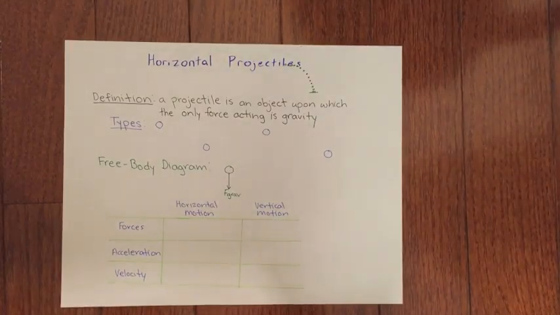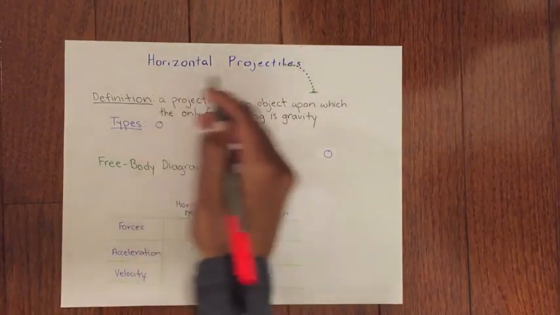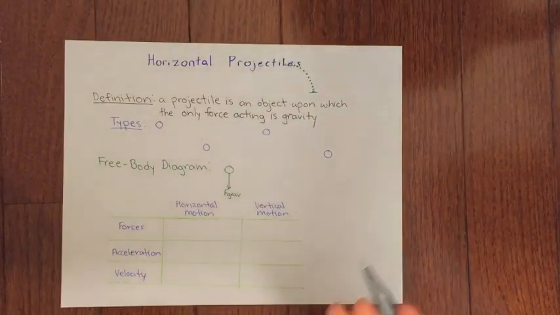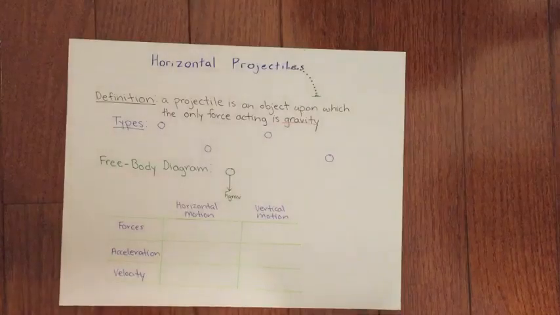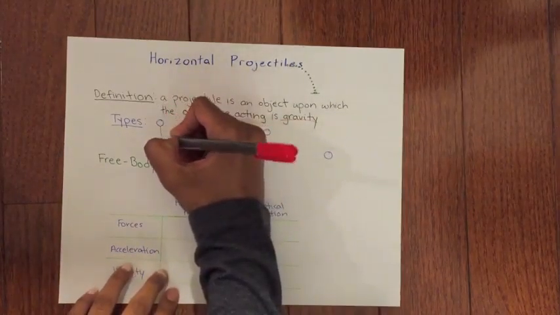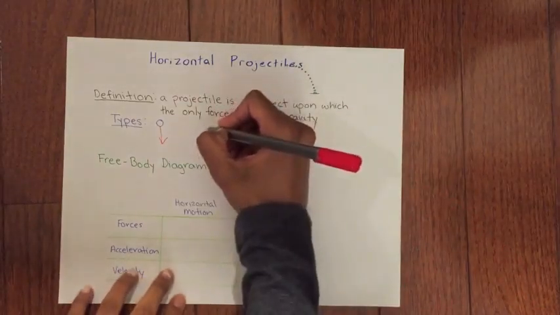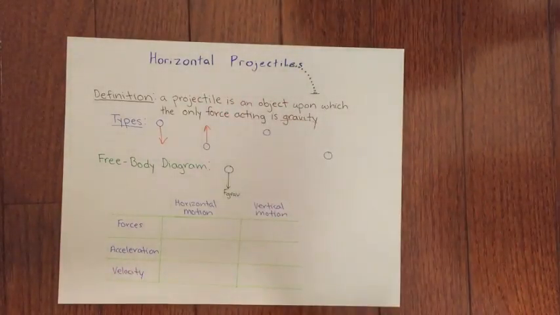One of the most important things you're going to learn about in Physics 1 is the horizontal projectile. A projectile is an object that has only one force working on it, gravity. There are different types of projectiles. For example, an object thrown from rest straight down, an object thrown straight up, or what we'll be focusing on,